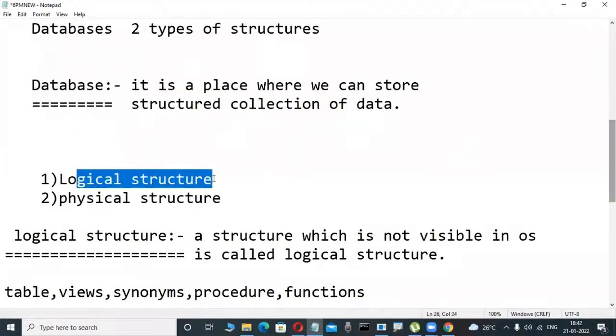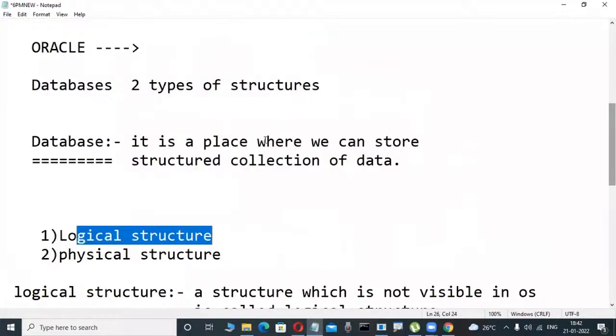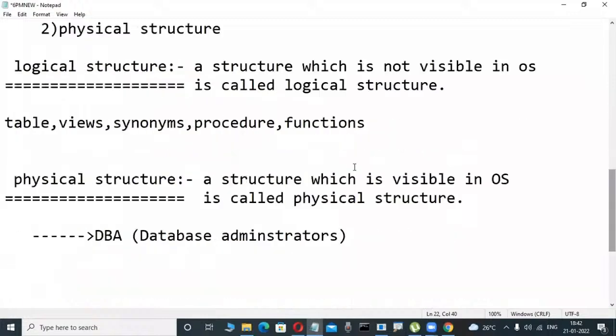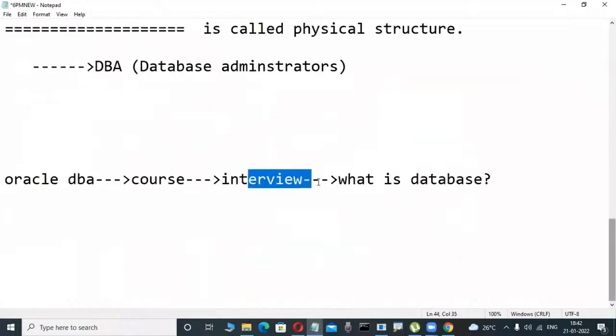Developers are logically good. A table is nothing but a structured collection of data. They have an idea, that's why you are also telling structured collection of data. Maybe from their point of view it is not a problem. They are thinking in an easy, logical way, understandable. But unfortunately, a DBA has different knowledge. That's why, when the interviewer asks what is a database,